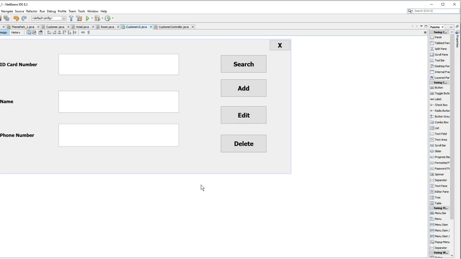Okay, guys, so once you have this information, you are set up and ready, and let's try to figure out what we can do in order to make one customer, save one customer to the database. All right, this is the add button. So if I fill this information,